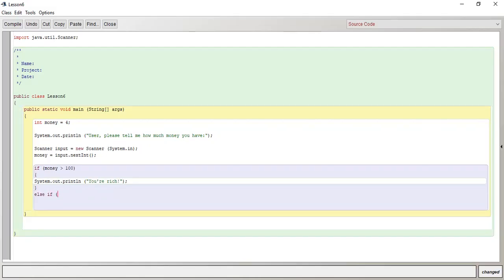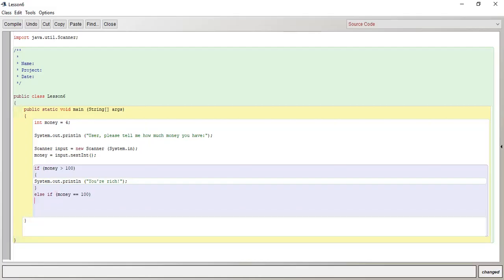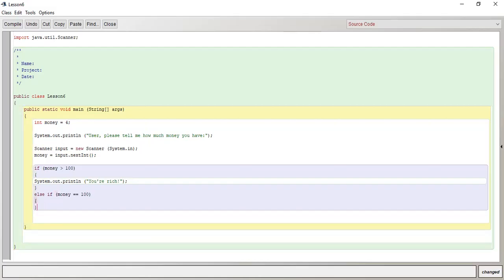So let's go for else if money is equal to, let's just go for 100. Say money is equal to 100. Else if money is equal to 100, and then squiggly brackets,